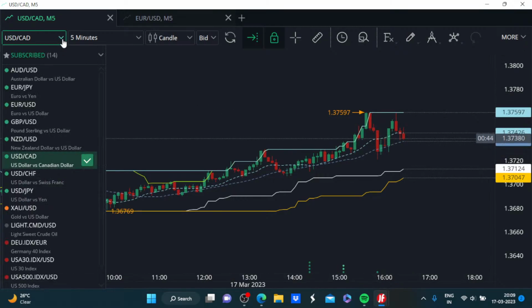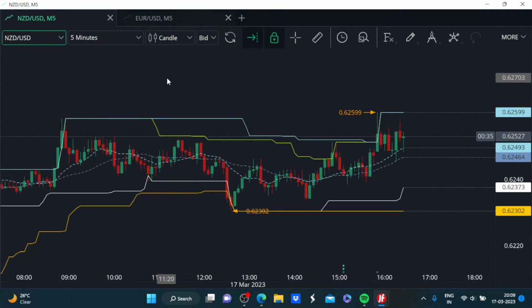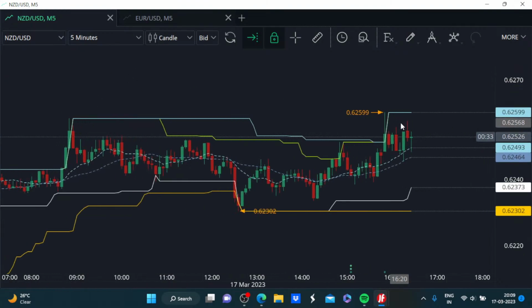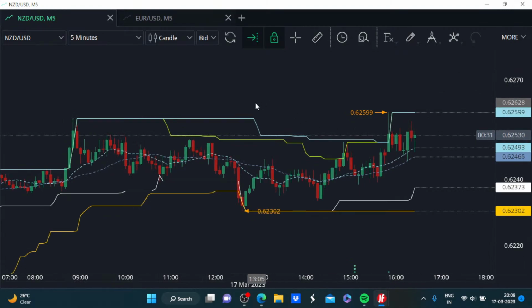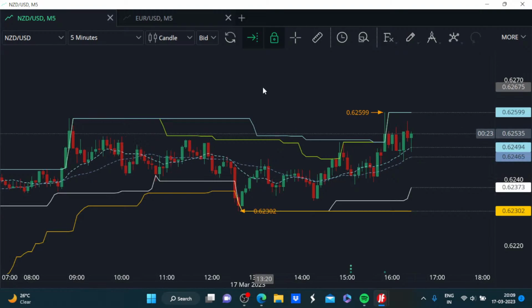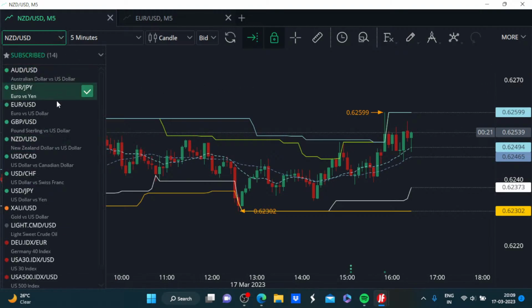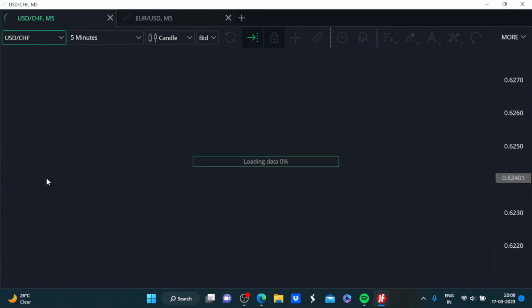So the CAD is the currency where you can look for buying the dollar if you are not really convinced of the strength of the major currencies like NZD. NZD is the best placed currency for a buy trade against the US dollar. If you are of the view that the US dollar is likely to weaken further, then NZD is an obvious choice, a good choice to work with. Let us see what's the story for USD